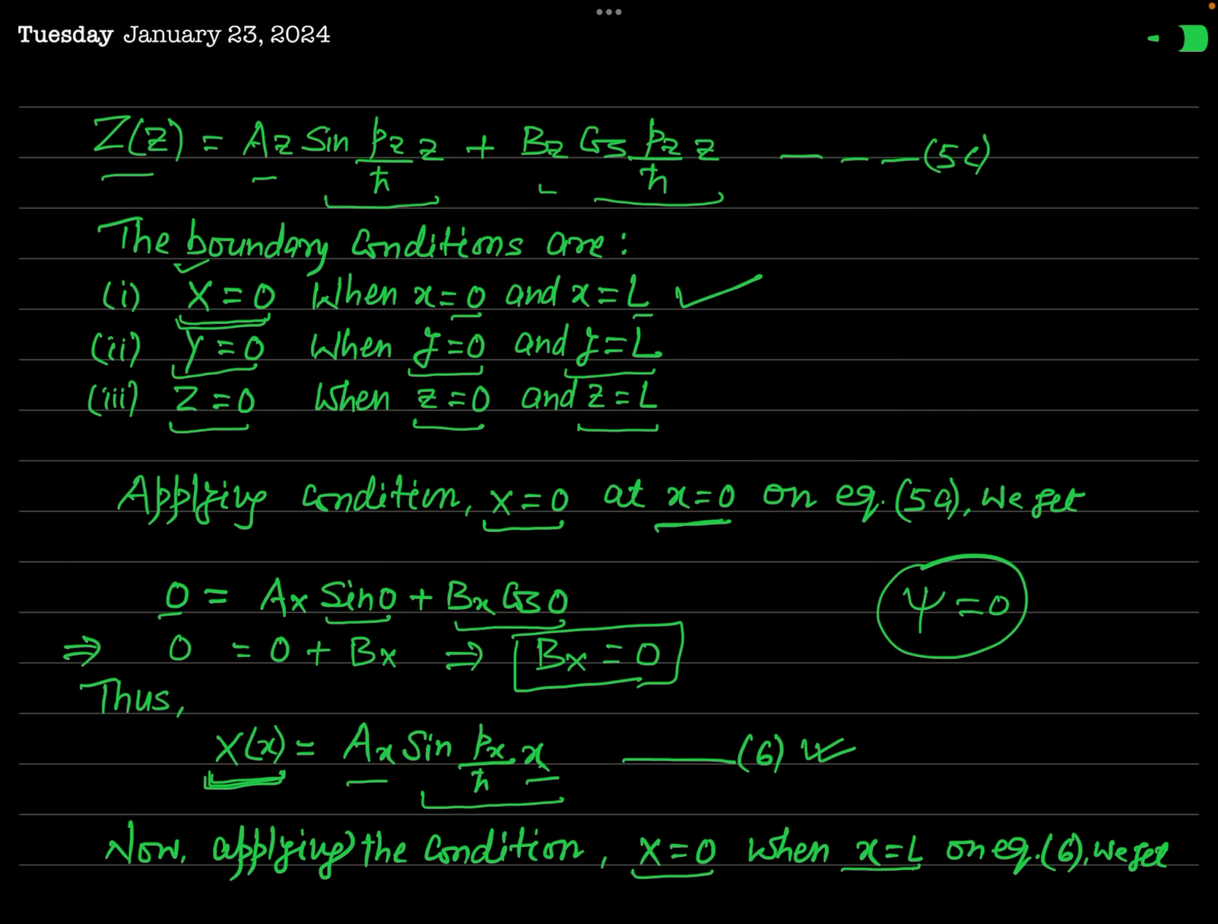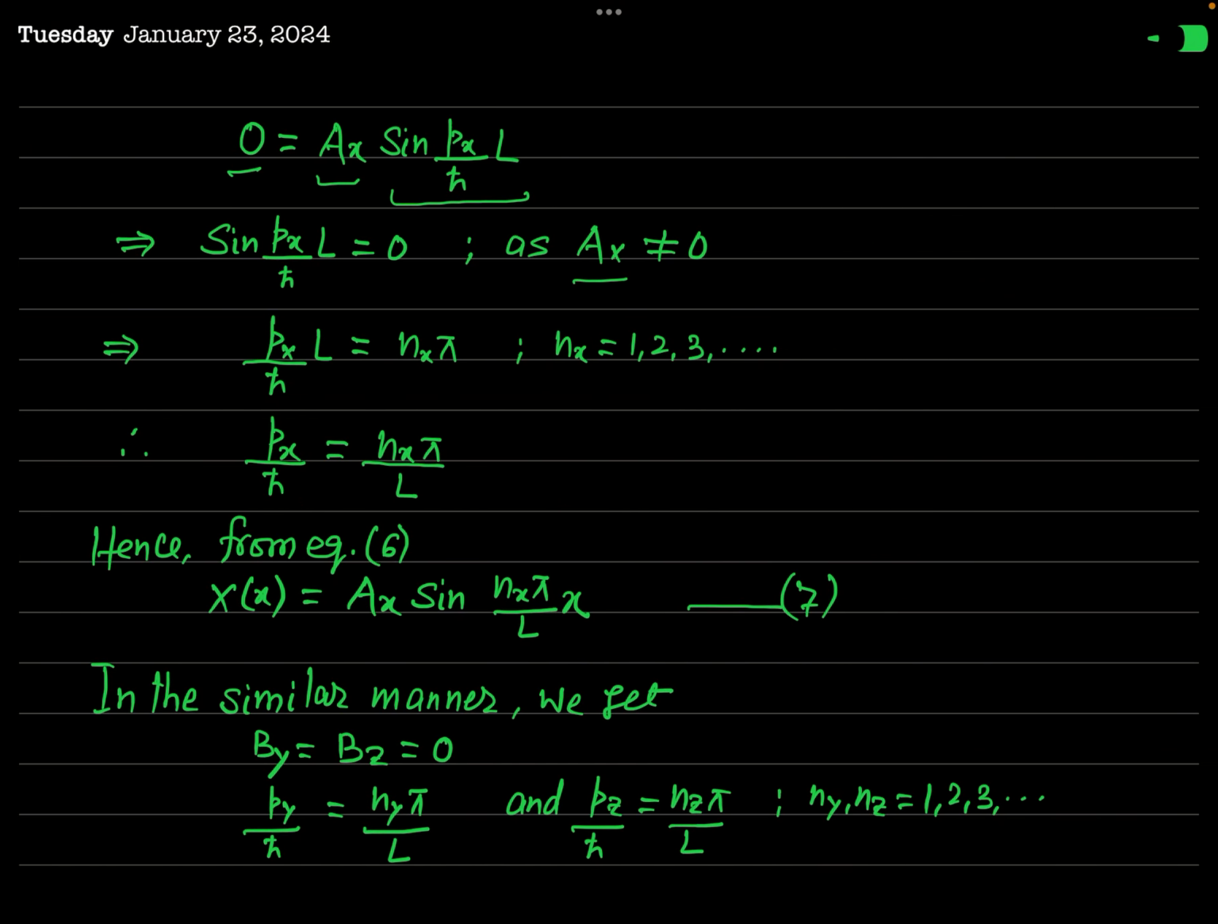This is completely unphysical because we know the electron is present inside the box. But if we take Ax = 0, then our result will be that the electron is not even inside the box. The electron is nowhere. So that is unphysical. So we must say that this constant Ax cannot be 0. And as Ax is not 0, definitely this second factor, sine(Px L / ħ), must be equal